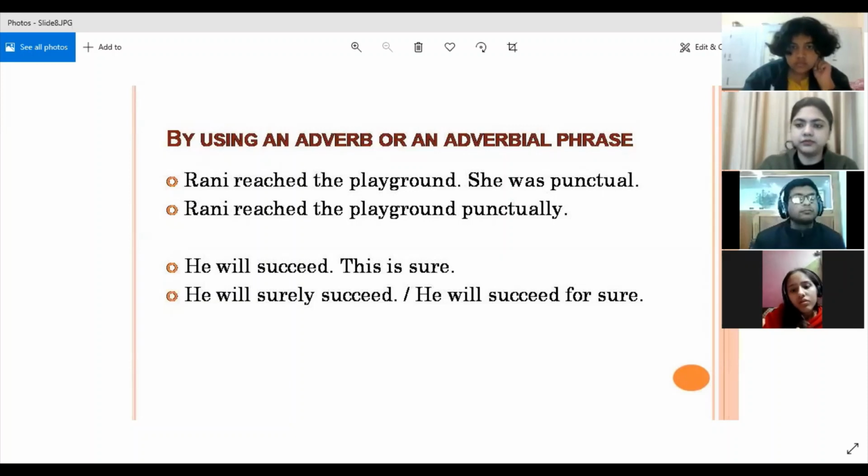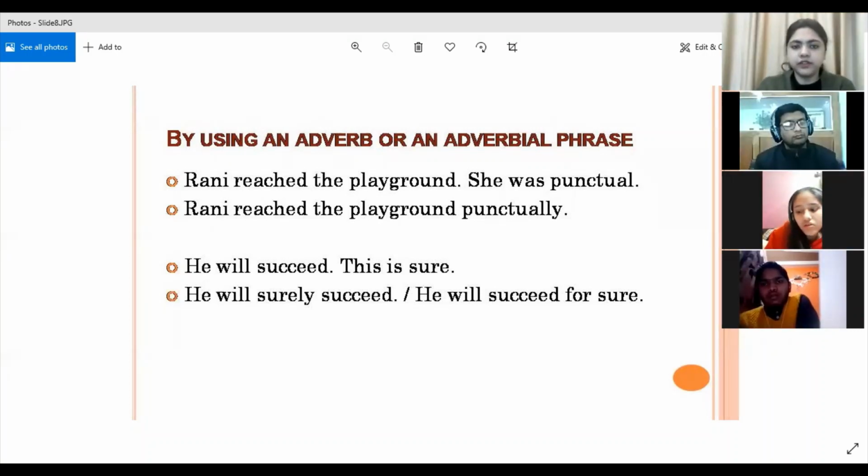Yes, Tasneem. Ma'am, maybe because in a clause there is a finite verb and there is already a finite verb in the sentence. Very good. So we are not using clause because the basic characteristic of a clause is that it must have a finite verb, but we do not require any other finite verb, right? That is why we are using phrase and not clause when we are combining two simple sentences into a simple sentence. Good. All right.